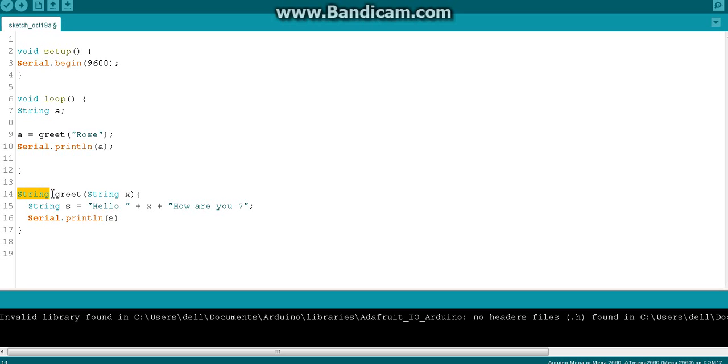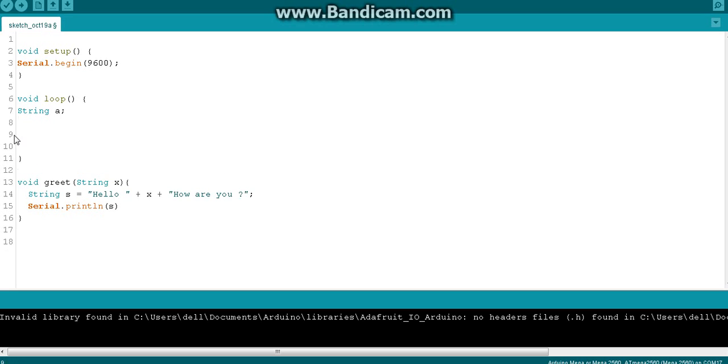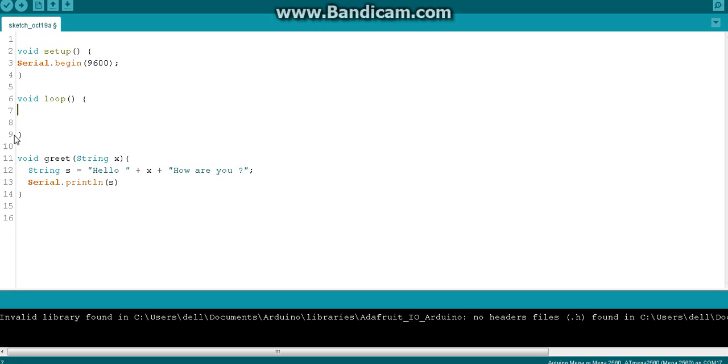This becomes a void function, obviously, because we don't return anything. So we cannot assign the function to anything, because it is just printing something. In that case, we just call the function and pass